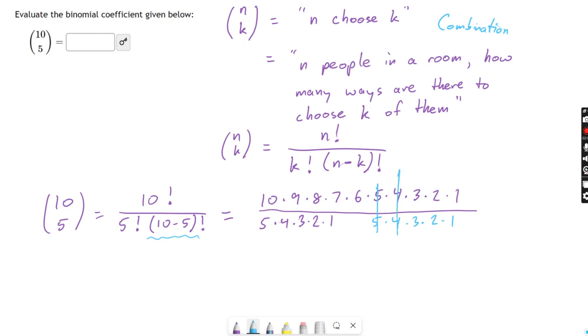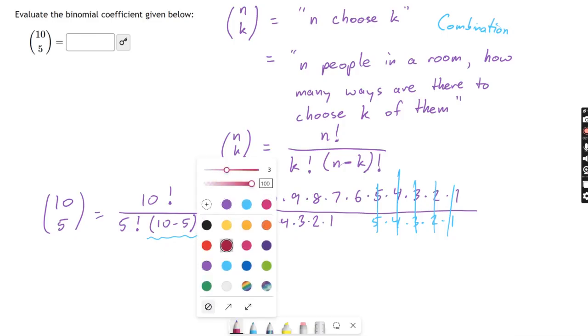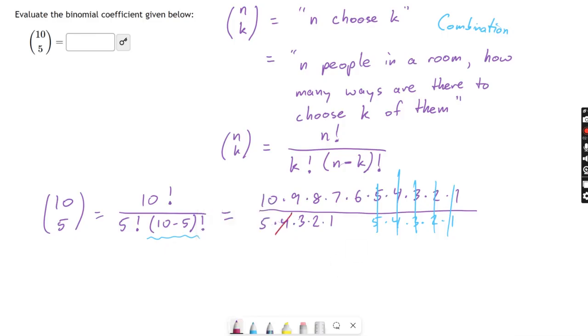I'm going to cross out every pair of things that I see which makes for a nice factor. For example, there's all the 5, 4, 3, 2, 1s. Those are crossed out. And now there's other factors in here, right? Look at this. I've got a 4 and a 2, and those make an 8, so I can cross those out. And if I want to get fancy, I could say, okay, my 5 crosses out with my 10 and leaves a 2 behind on top. And my 3 crosses out with my 9 and leaves a 3 behind on top.